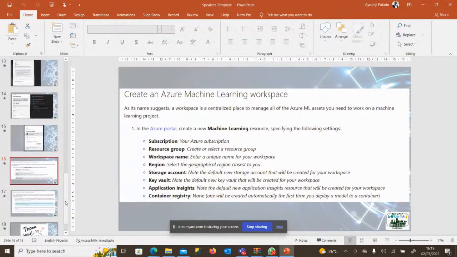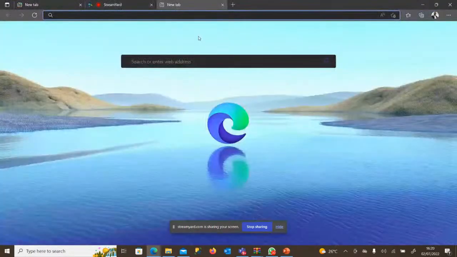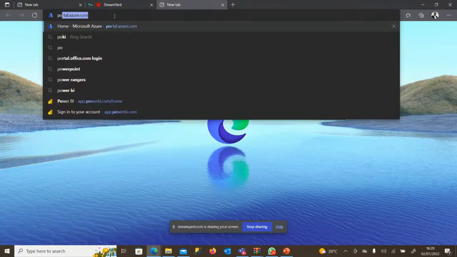Since you already have your Azure account, where is the start point? How do we want to go into data science or Azure machine learning? The very first thing you need to do is to create what we call a workspace. Create for yourself a workspace. Now, how do we create the workspace? You go to your Azure portal. I already have my account, so I will just go straight